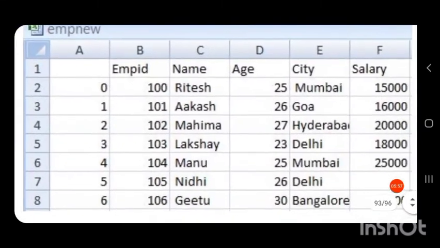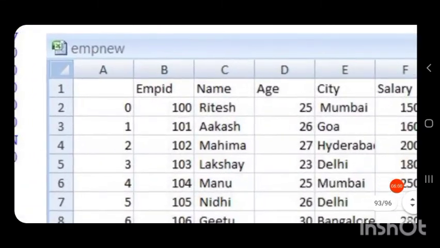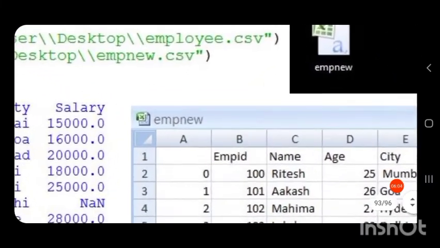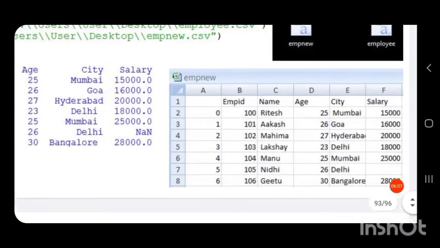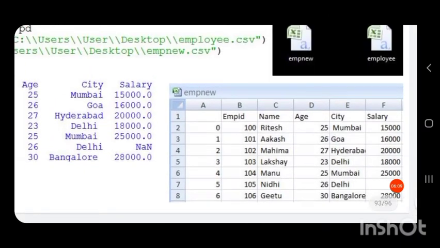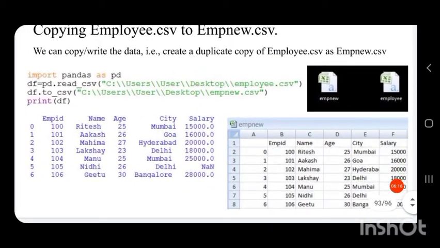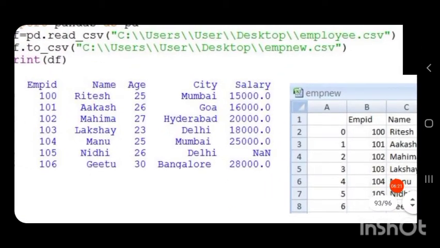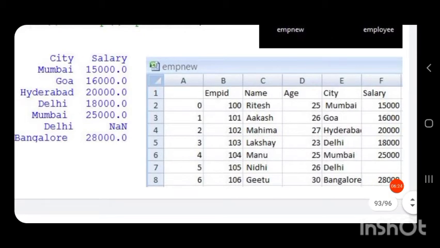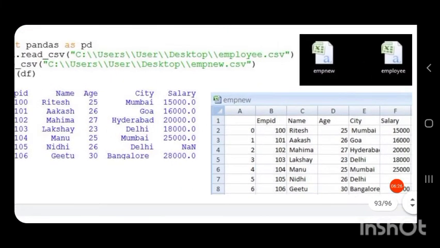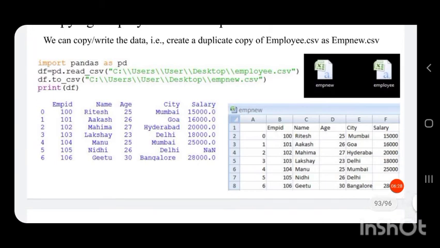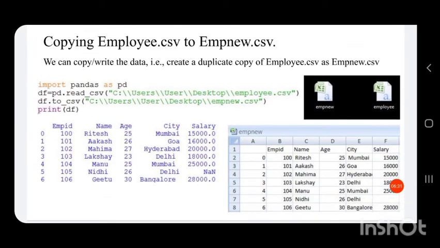Empnew is the name of the CSV file, and it contains all the data that was in the data frame df. The new CSV file also contains all the columns and rows in the data frame df.